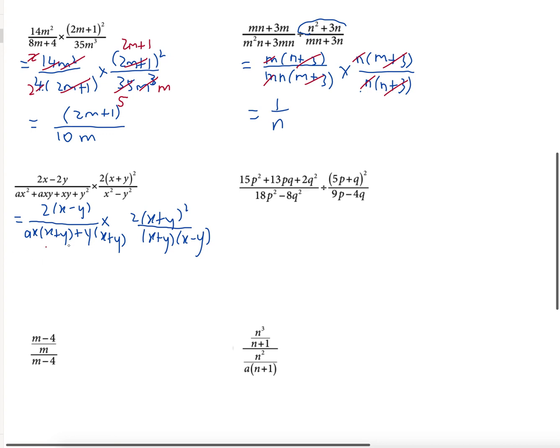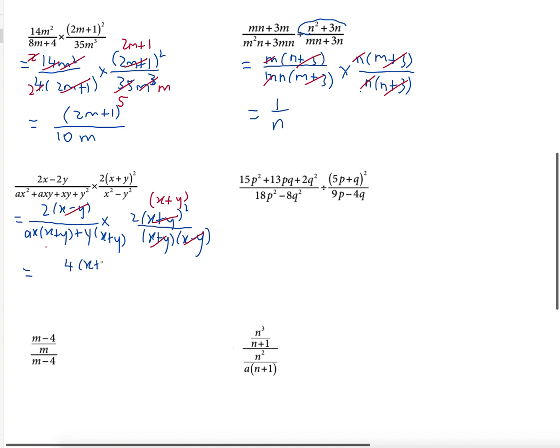No, before you cancel, you must first factorize this. We can cancel the others first. Right, there's 1 x plus y and x minus y. Okay, so what is left now is 4x